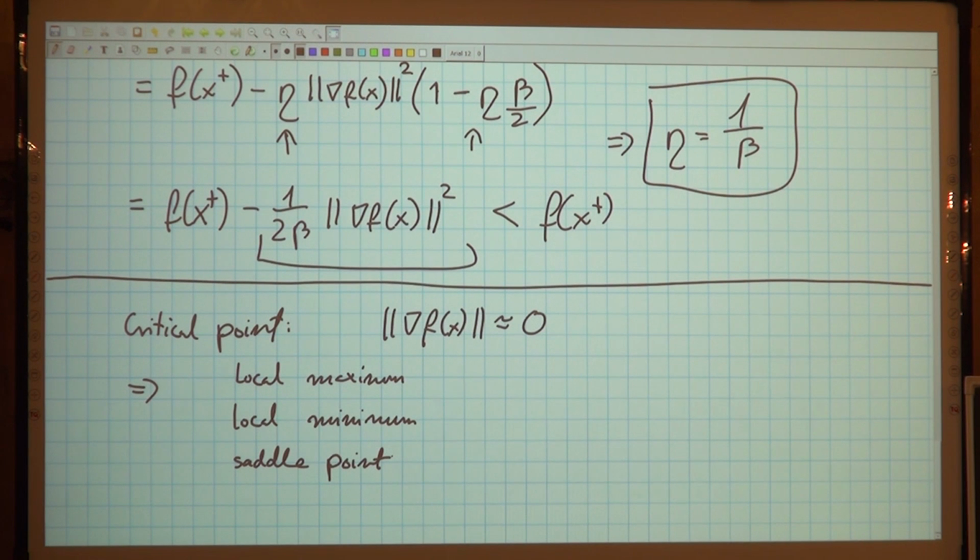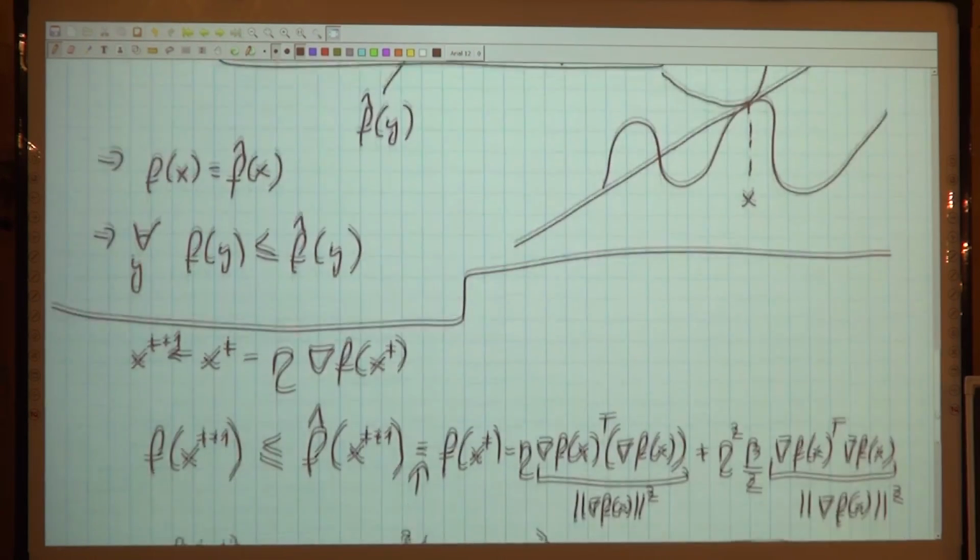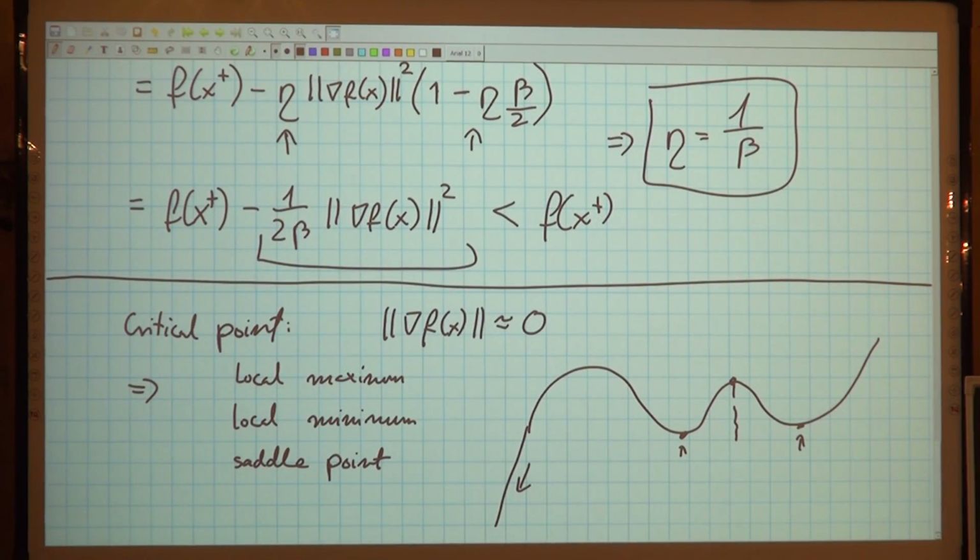So let me just draw the picture in 1 dimension so things are easy. If you have our function, over here it would be a local maximum. Actually, if we had exactly the local maximum, we would not move anywhere. We would just be confused. Similarly, these are the places that we could have ended, and of course here you would go forever down. But these are local minimas. And then there is this third situation when you have a saddle point. And this should be making us quite unhappy,